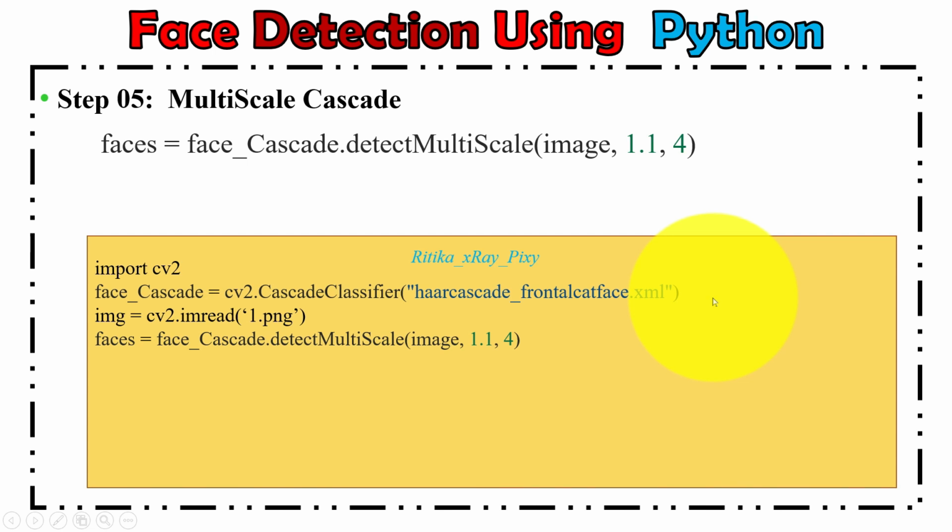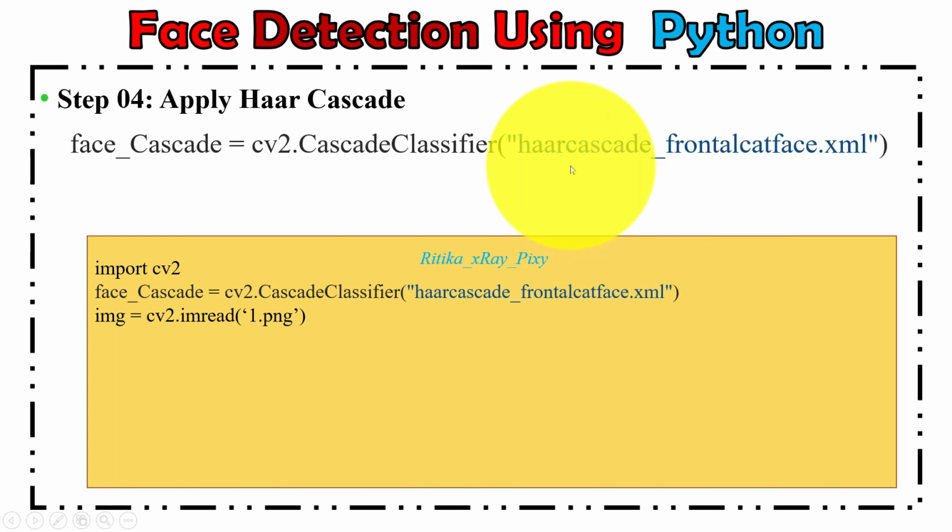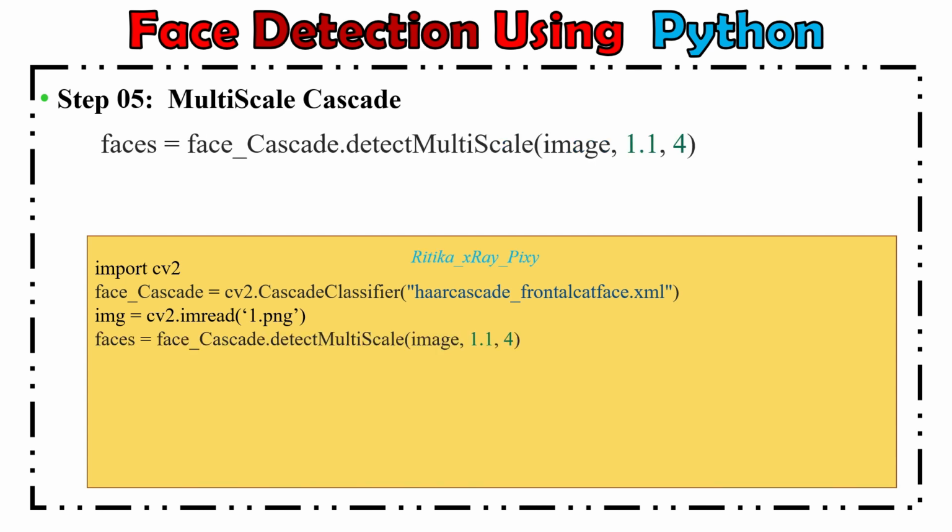Next we will perform face detection. As we are using this cascade for frontal face detection, you can also use others for different facial feature detection like eyes, nose, mouth, but right now we are simply using just the face detection. Just download the Haar cascade files as per requirement, like for eyes, nose, whatever feature you want to detect. So here we have just the frontal face.